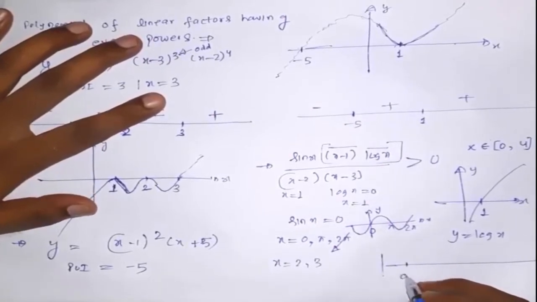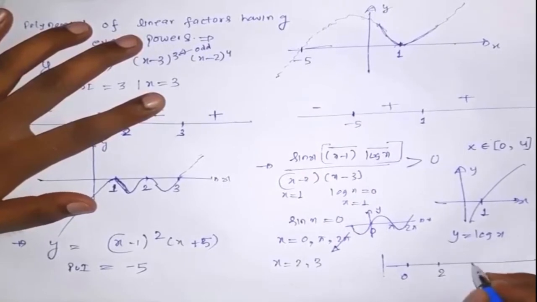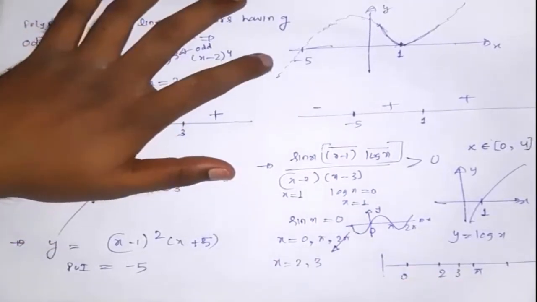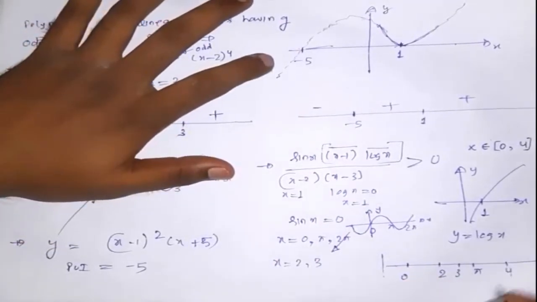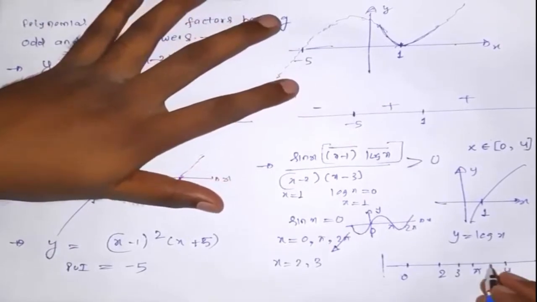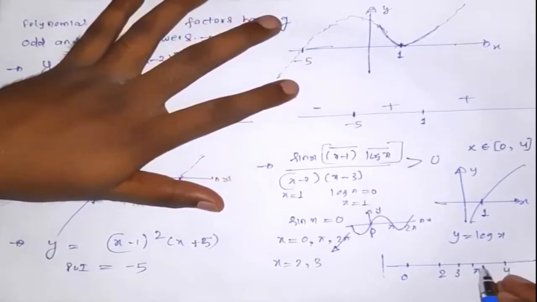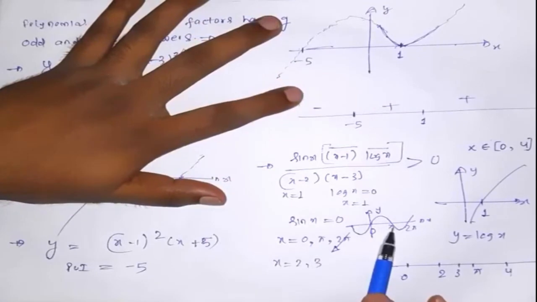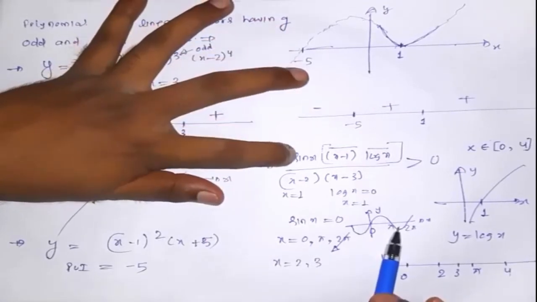We are talking about only x less than 4. So 0 and pi are the points of inversion, and x equals 2 and 3 are also points of inversion. So we will draw all these points on the real axis: 0, 2, pi,